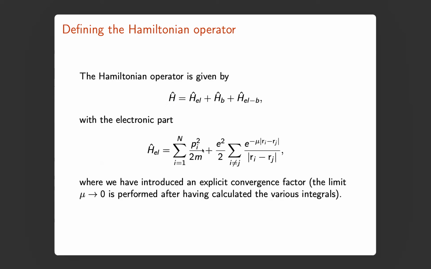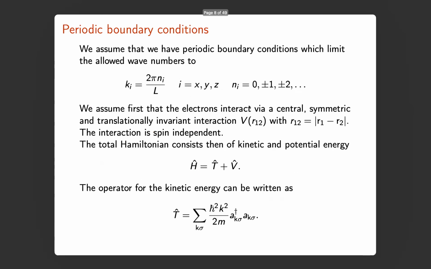So if you let mu be 0, this would be the total unscreened interaction between two electrons, and this would be its kinetic energy. Then there is a background, and then there is also an interaction between the electrons in the background. We are going to discuss these terms a little bit later. But now I wanted to remind you of some of the basic aspects of the particle in the box problem.